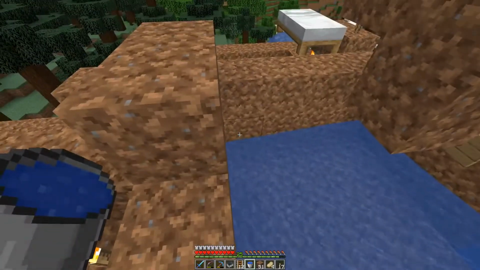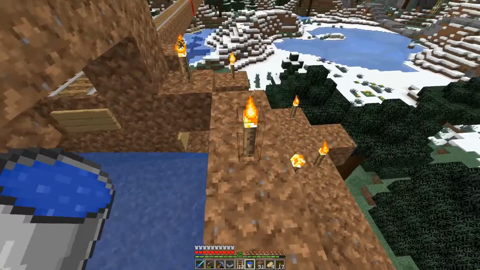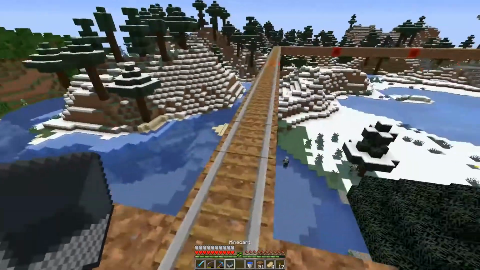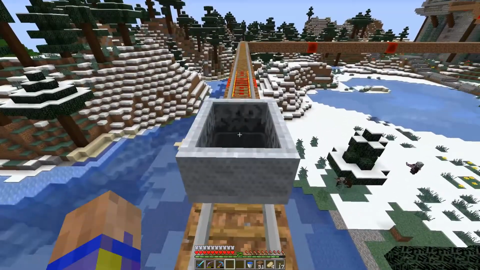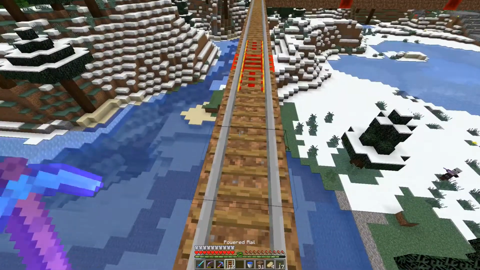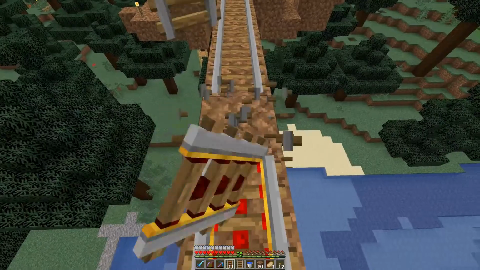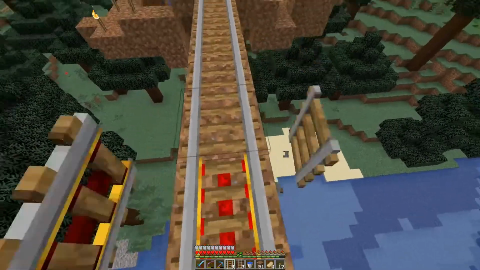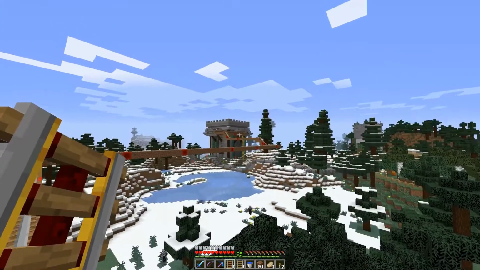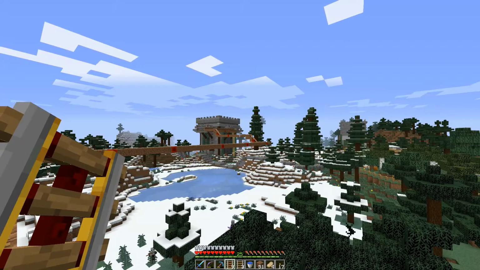But then when I'm ready, like now, I can do this, and things flow the normal way they're supposed to. And I did add a bunch of powered rails, so I think I can give this a shove, and it should go down there and pick up the next villager for me. And I can use the same system for all 4 chambers. So it's going around, and we'll see if it...